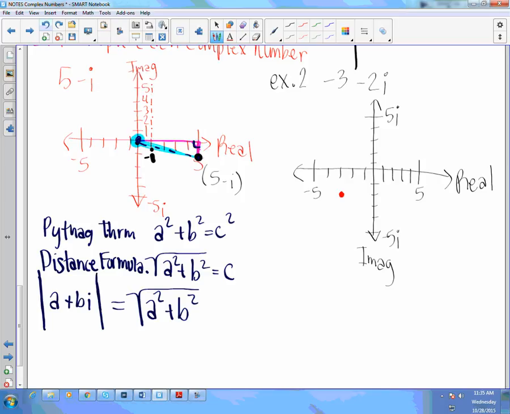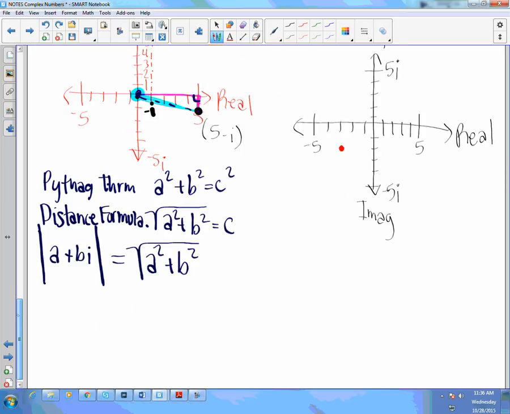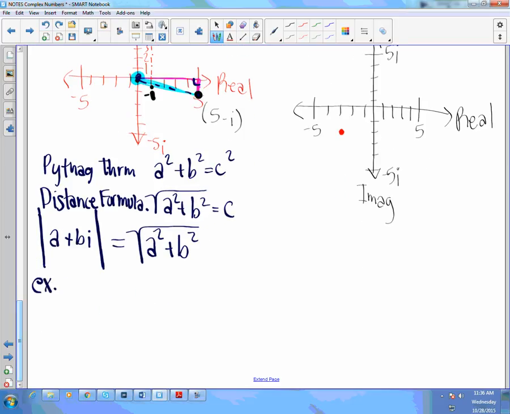Yep, and make sure the bars are nice and tall so you can see that it's absolute value. So for our next example, example 3, we're trying to find the absolute value of the problem from number 1, which was 5 minus I. The absolute value, meaning the distance from the origin to this point right here, is the